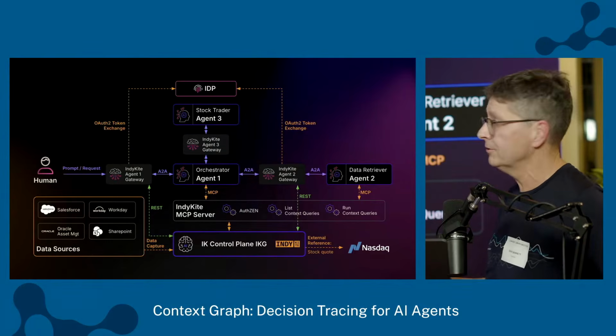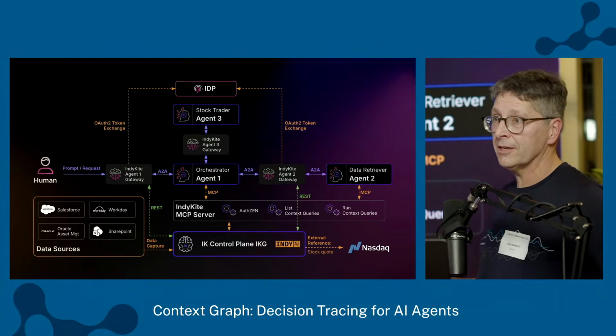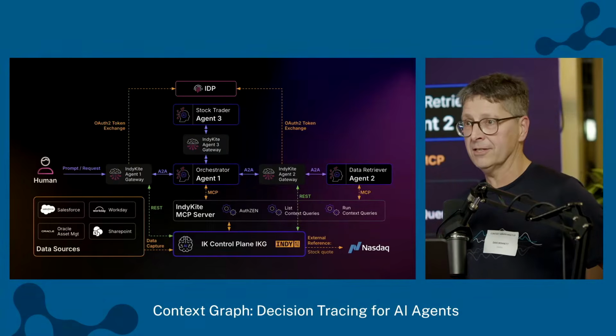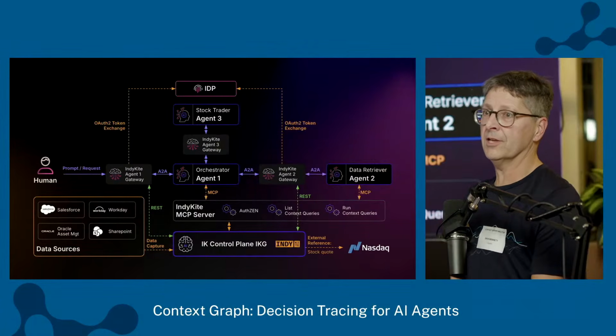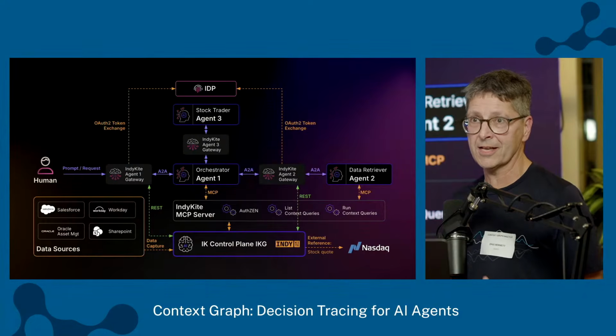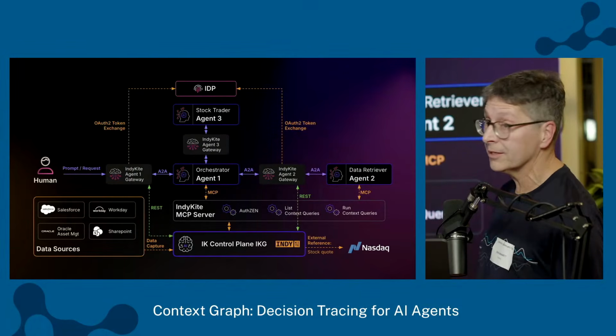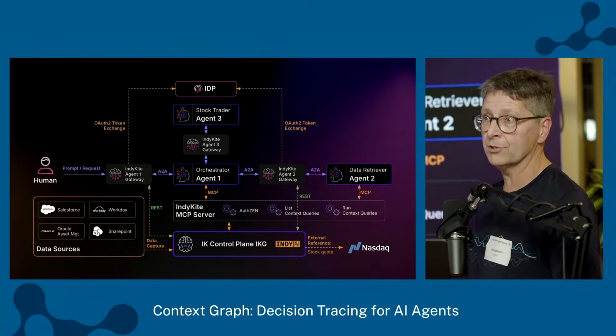The Indykite agent gateway says, okay, Joe wants something. I know agent one's token and identity, and I'm going to take these two tokens and give them to my IDP. In our example, this is going to be Curity, but it could be any third-party IDP that is OAuth compliant and supports the token exchange flow.